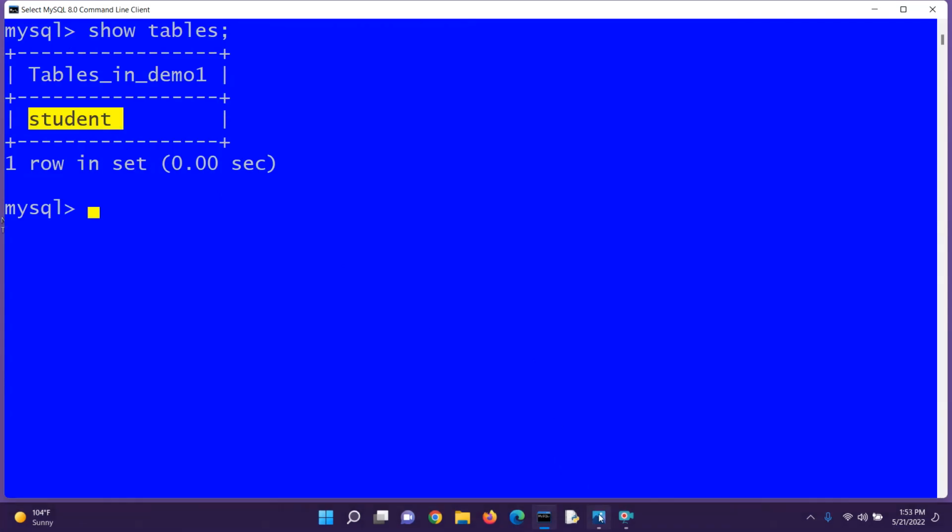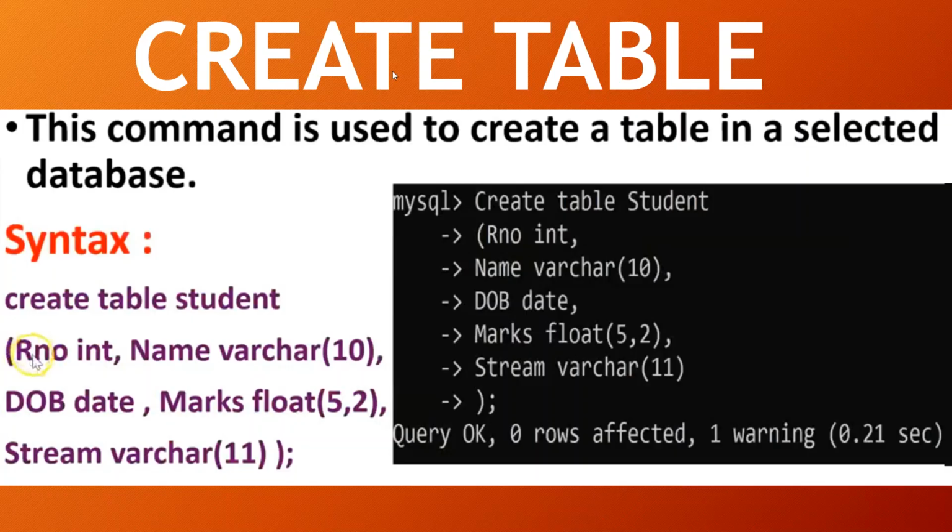So with the help of which command we have created table? With the help of create table command. Similarly with the help of create database command आपने database बनाया था. Now in our